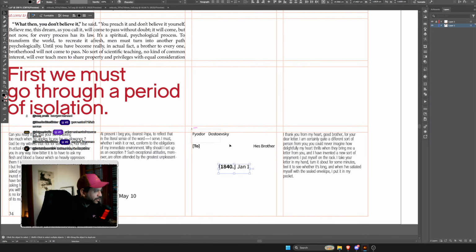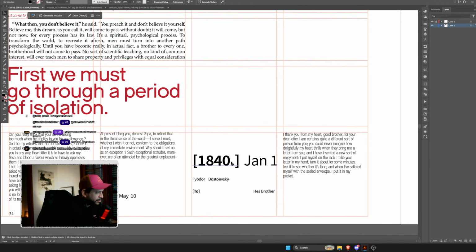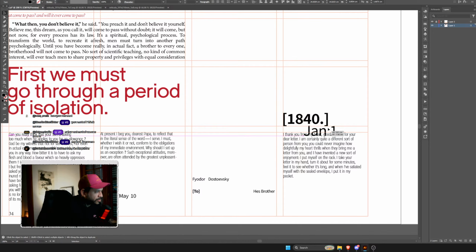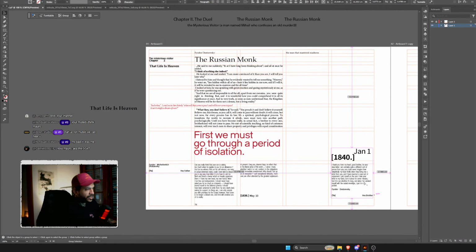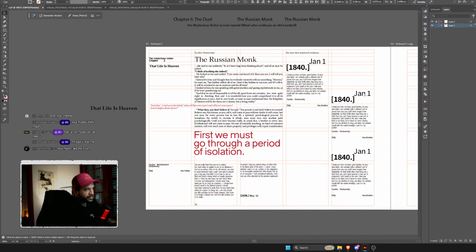And you can design it as you want. If you want to make it maybe like this, and you want to be a little bit crazier, maybe you want to do something like this for the dates. You want to make it like this for the dates, you can do it, so all the letters sit like this on a page.